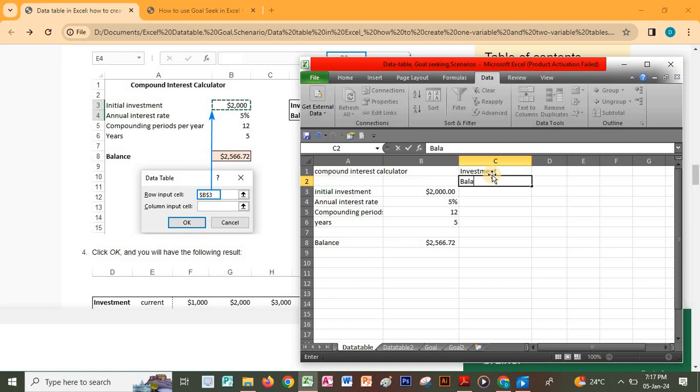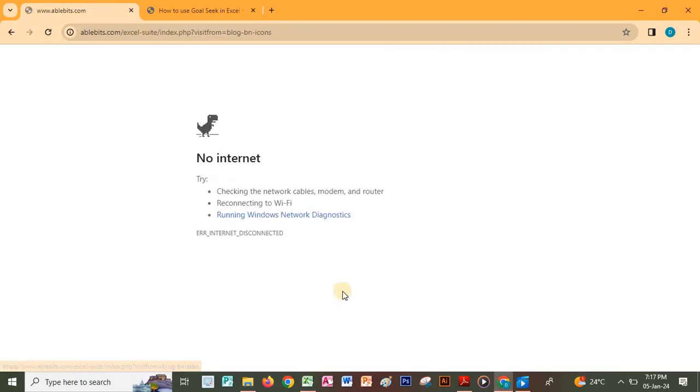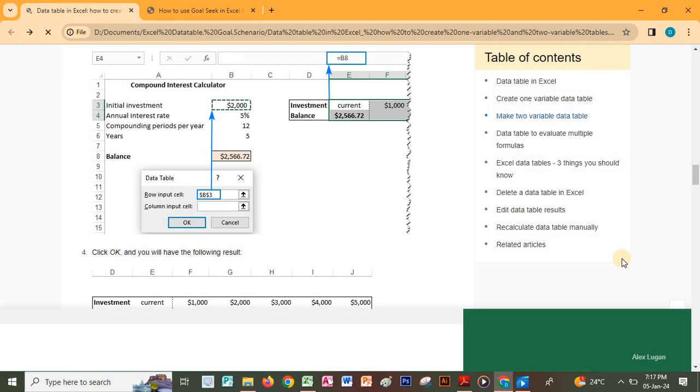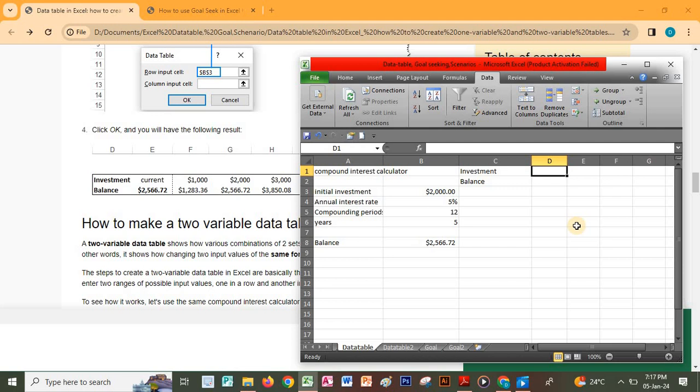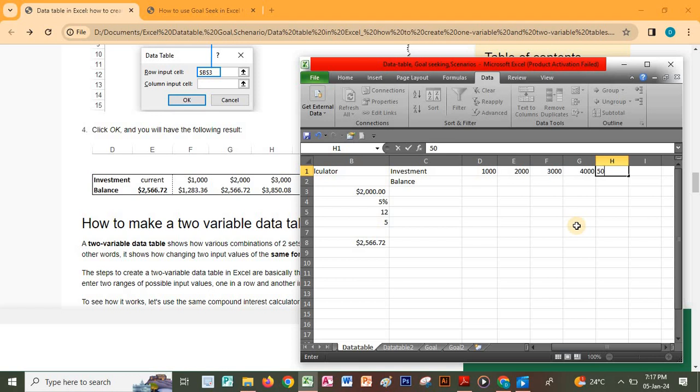The balance is going to come here, and then the rest are going to be worked out in a column. You run them across. So what is current? So 1000, 2000, 3, 4, 5, 6, and then